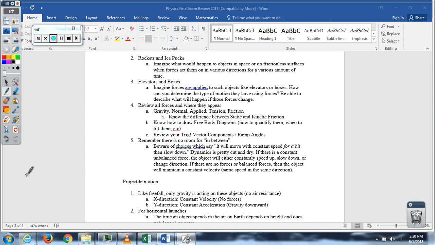So Newton's laws are very cut and dry. If you've got balanced forces, you got constant velocity. If you got unbalanced forces, you've got constant acceleration. So objects can't just start to slow down after moving with constant velocity, unless all of a sudden you can say that the forces became unbalanced. If you know that for the entire duration of the motion, the forces remain balanced, then the object will always remain with constant velocity. The objects can't get tired